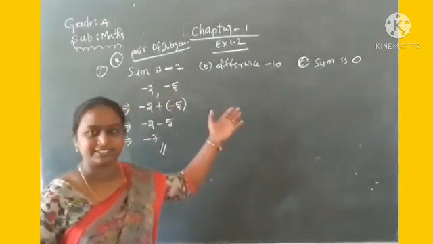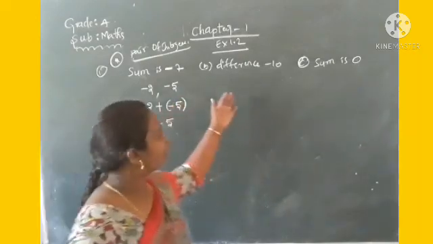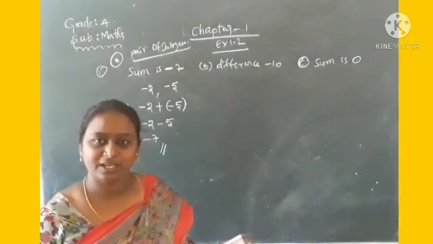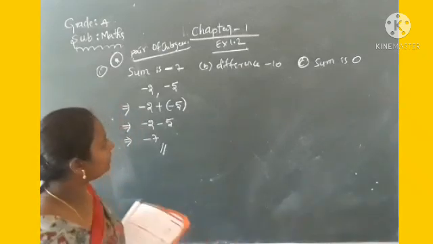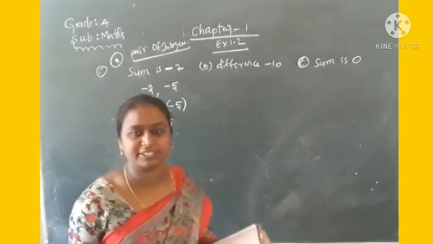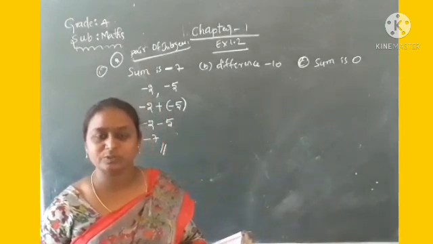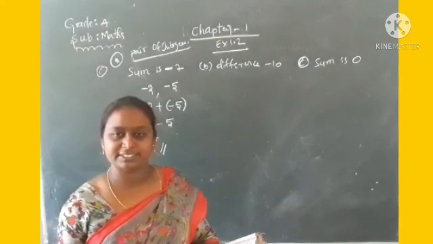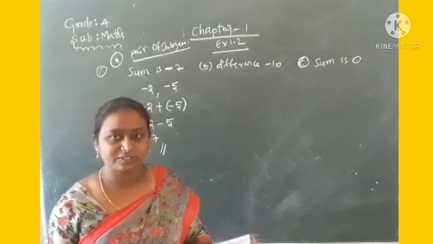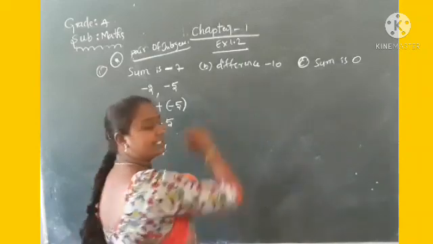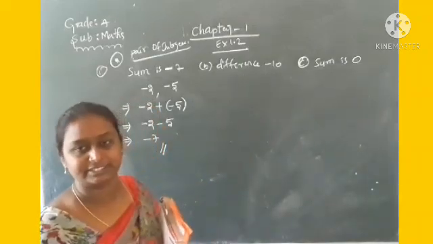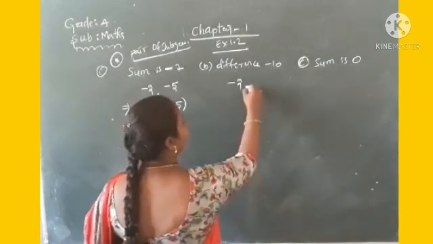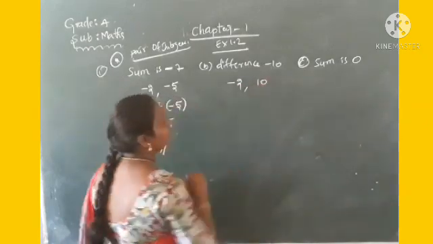You can take any integers. Similarly, difference minus 10. How will you get 10 now? Suppose you take the addition of two integers, 2 and 8, that is equal to 10. 4 and 6 equals 10. But here we have to show the difference, 10. So further now I am taking here minus 2, one negative integer and one positive.